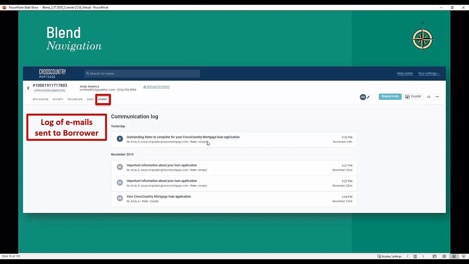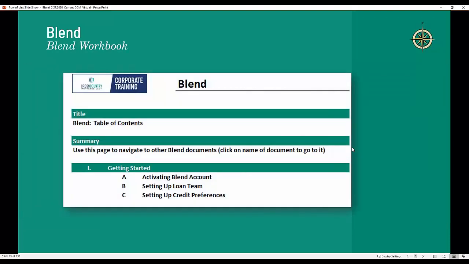Yep. It'll always come from no reply at crosscountry.mortgage.com. Do we see the date and the time that email was sent to the borrower? Yeah, I see it right over here, don't I? And do you guys think I can double click this and I'll see a copy of the email that went to the borrower? You bet. It'd be embarrassing if I said that in training and you couldn't. Awesome. So those are the 5 screens that are inside of every Blend loan file when we log into the